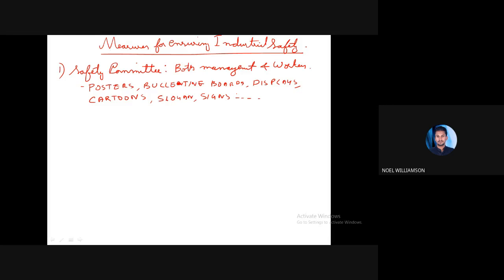Like that, some posters will be there, or some boards showing signs, caution, and all, or displays, or some cartoons. Even using certain cartoons, it will describe the importance of safety, or some slogan will be there.